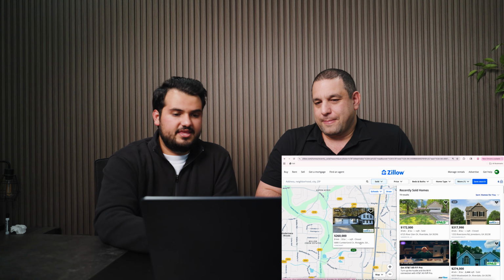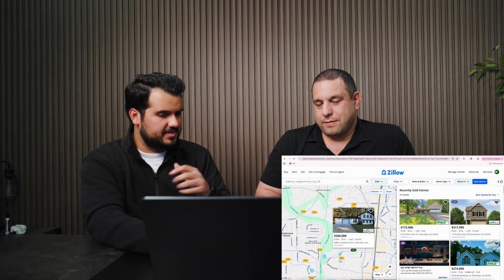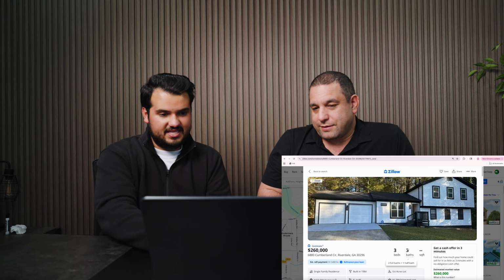Sure. It's good that you mentioned it. If you put the filters back on, it wouldn't come up. But let's say there was just an outlier of a property. This logo right here shows that it was listed on market. Sometimes things that were listed on market may not always have this, but it's the immediate indicator that I see. But if you click on it, you can scroll down. Yep, this is how you really tell.